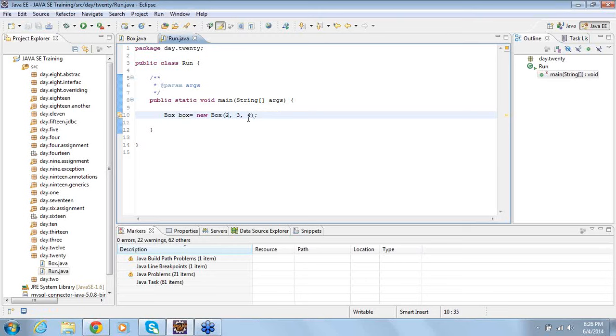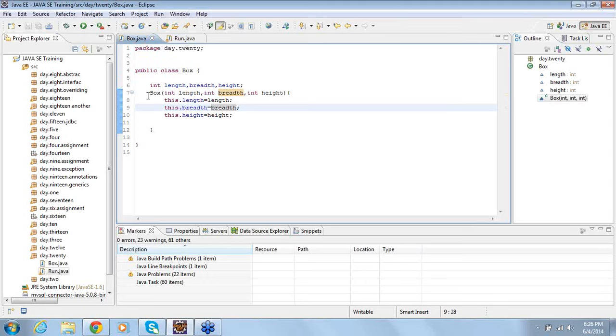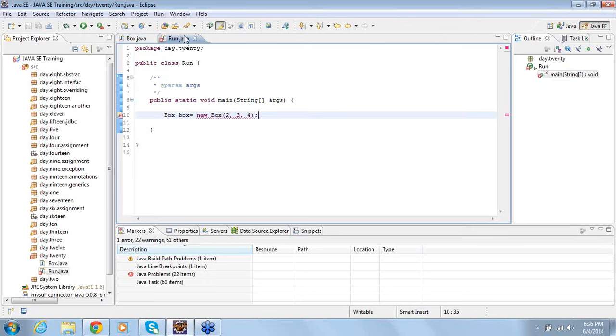But the moment I make the constructor private, I won't be able to create the object of the class outside the class.